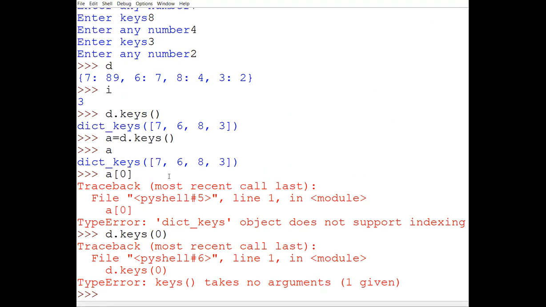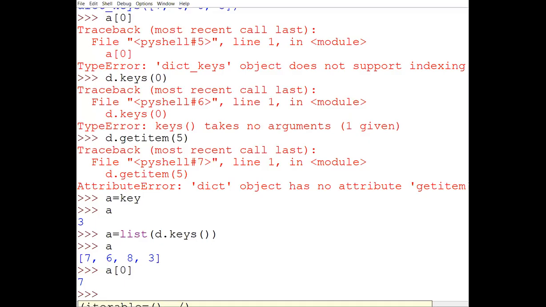Any function you know? Can anyone explain this? What is done over here? Ma'am, you made the dictionary keys into a list.